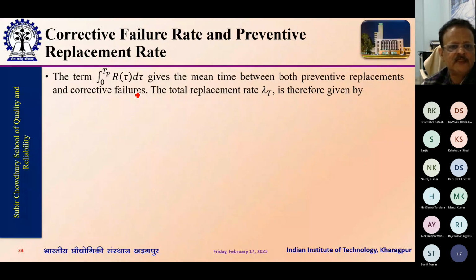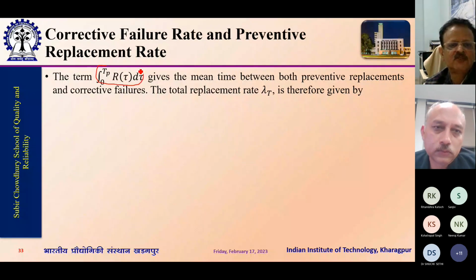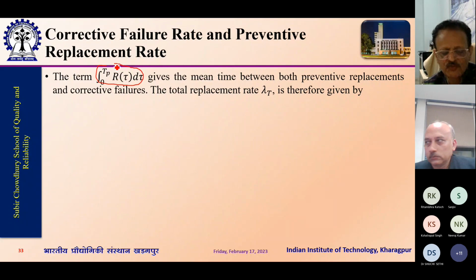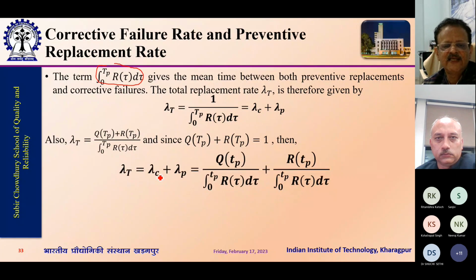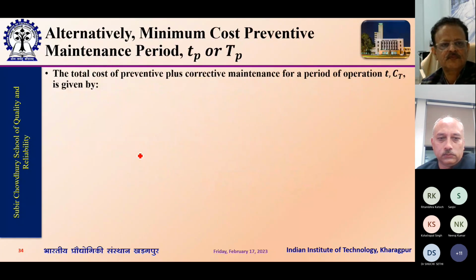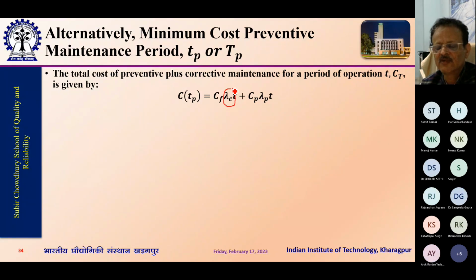So this I have already explained, this is mean time to failure, and the reverse of this is the total failure rate, which constitutes two parts. In other words, if you say the expected number of failures when a stabilized constant failure rate is considered, for a constant scenario, the expected number of failures is given as lambda into t. So here, expected number of corrective replacements and expected number of preventive replacements. So lambda c, lambda p, you can always have,